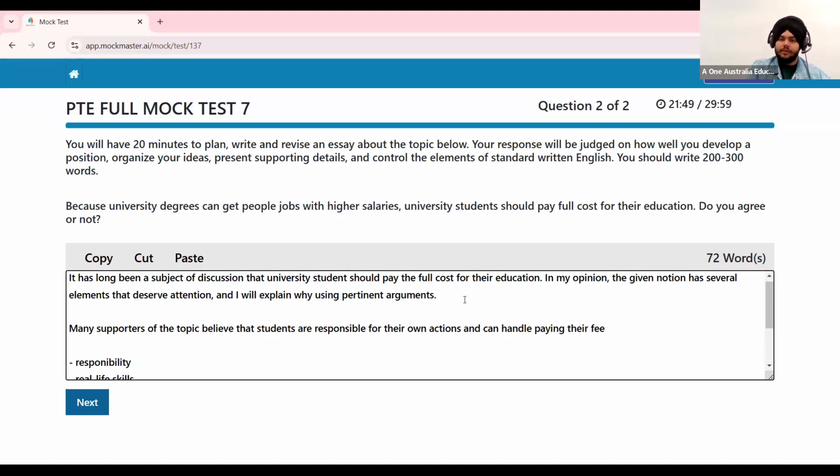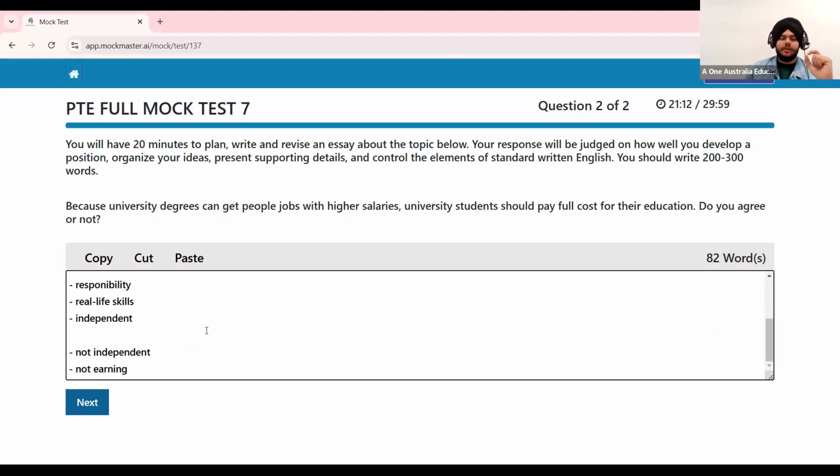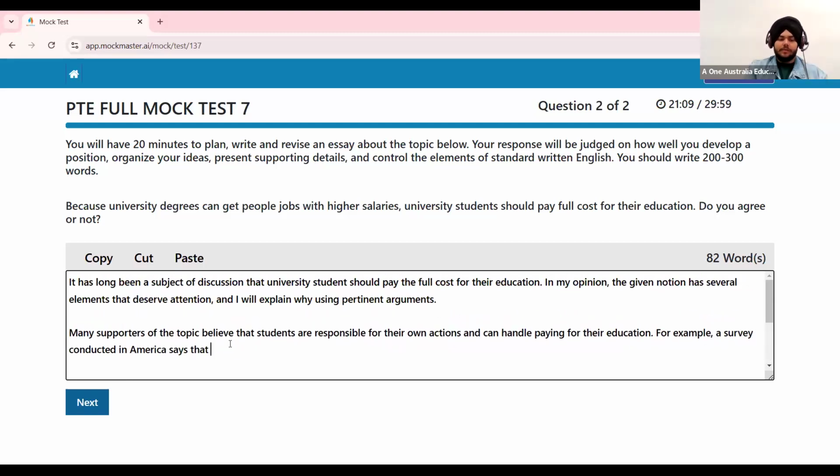Okay, can handle paying their fee or can handle paying for their education. So what we are going to do is write a simple sentence, put a connector with it, and write another simple sentence, basically expanding it a little more. Then I can say, for example, a survey conducted in America says that. Now, my second point here is real life skills. Says that,